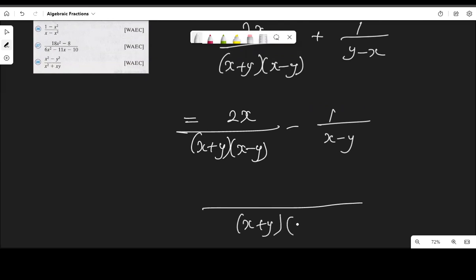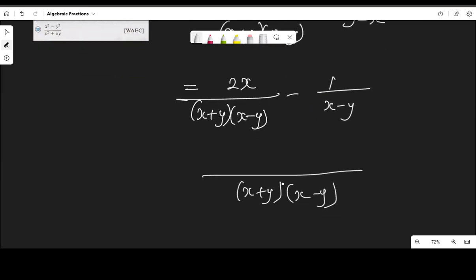S plus y times x minus y. And this divided by this will be 1. 1 times 2s is 2s. This divided by this, only this will cancel out. I will have this left. I have minus 1 times s plus y,